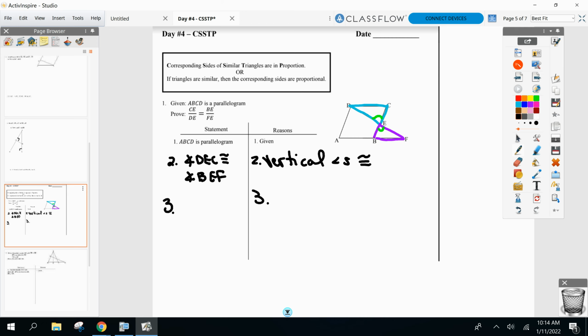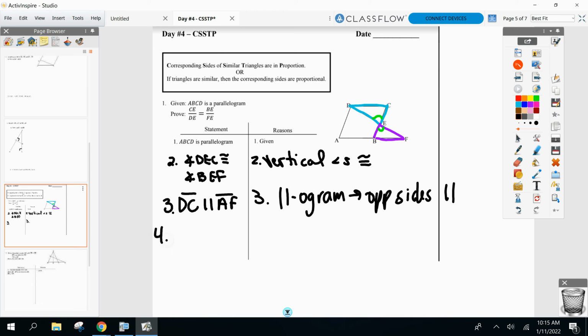DC parallel to AF. Okay, DC parallel to, now I would take AB or AF. It's fine either way. How'd you know it was parallel, Cal? Parallelogram implies opposite sides parallel. Good, that's a parallelogram property from last unit. And then go ahead, keep going. How do you get your angles now? Angle CDF can go to angle F because parallel lines imply